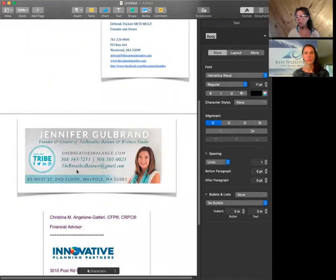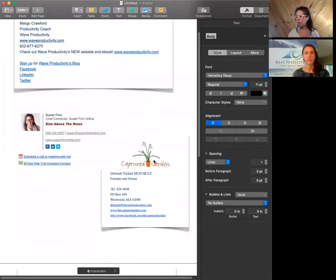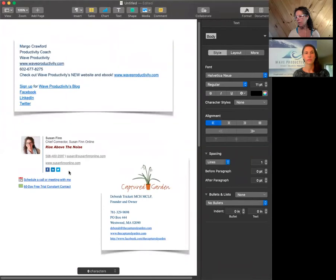This is Wise Stamp. Jennifer uses Wise Stamp to have a beautifully branded signature at the bottom of her email. The Captured Garden has her logo and then all of her contact information. I have similar contact information where you can find me on social media. What I also love about this is I can schedule a call or meeting with me, which goes right over to my Acuity, which is what I talked about last week, to make it so easy and simple for people to get on my calendar